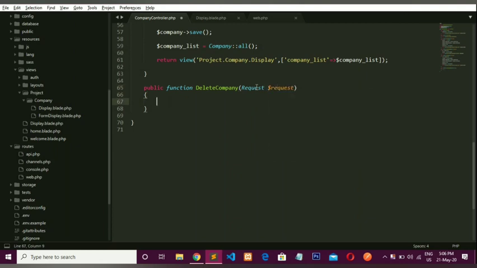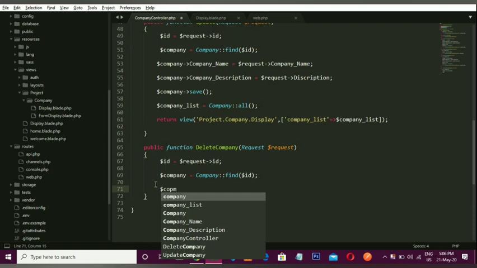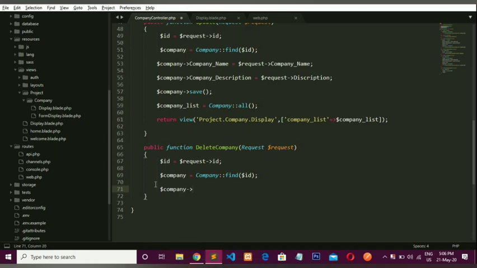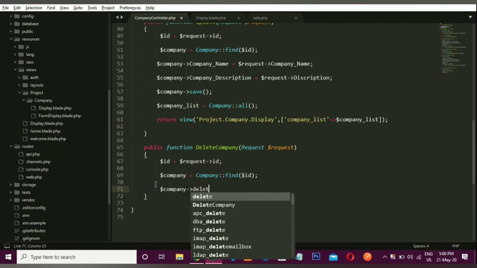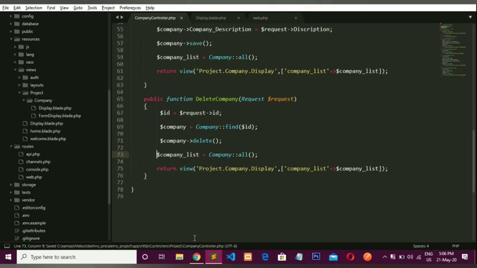Now first copy these two lines, which are the same here also. So now write company arrow delete method. This method is used to delete the record. Now after the delete operation, I want to redirect this page to our display company list. So copy and paste it over here. And now this is the code for the delete operation.